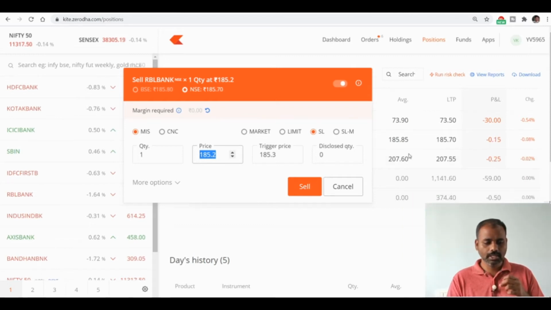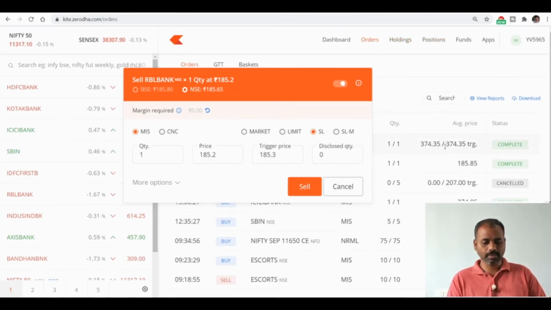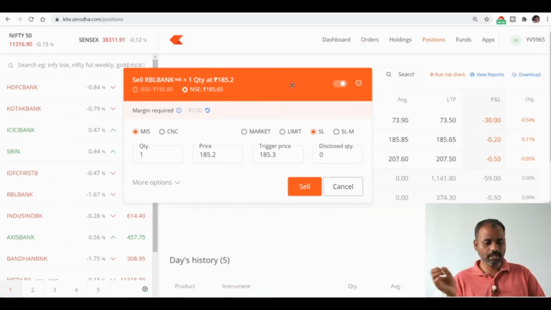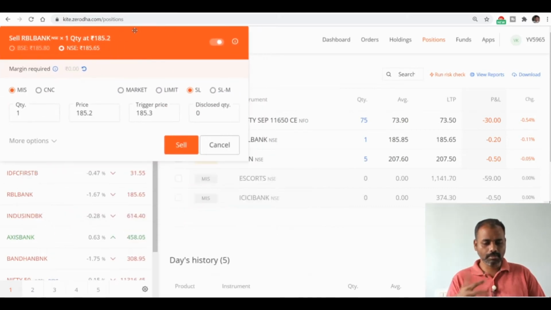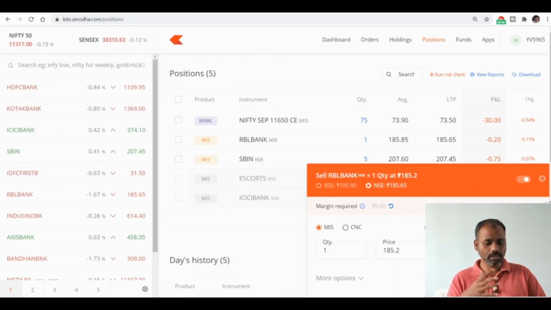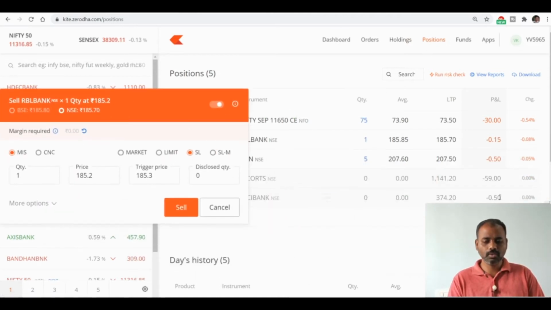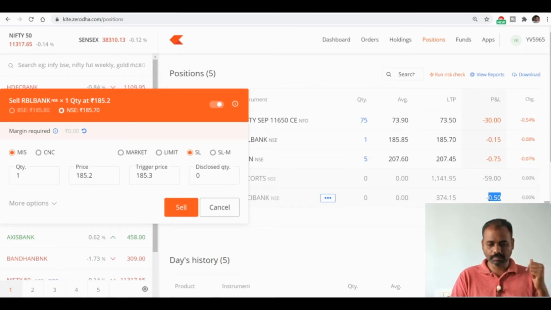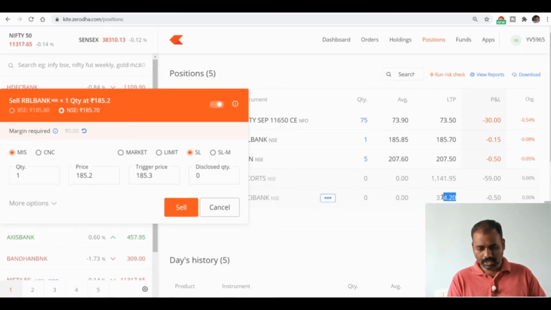If you see now, the ICICI Bank has triggered the stop loss, and the stop loss was hit. So that is how the trigger got achieved. My loss is restricted for ICICI Bank. Here in positions, we bought ICICI Bank, it's currently at a loss of 50 paise, the stop loss I kept, and it was achieved. So that is how it is.